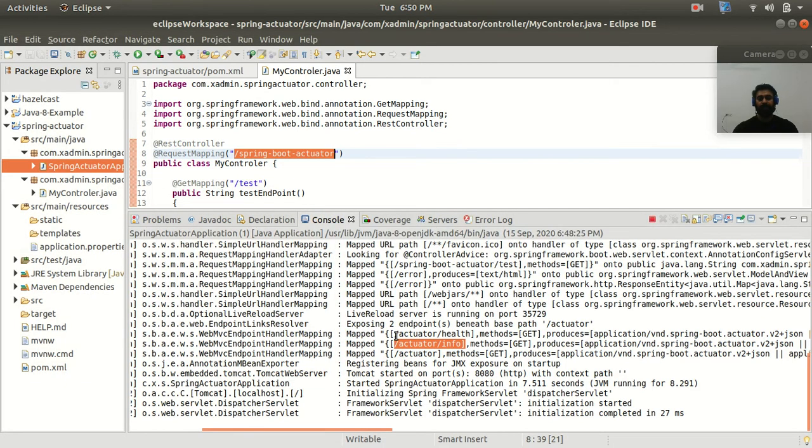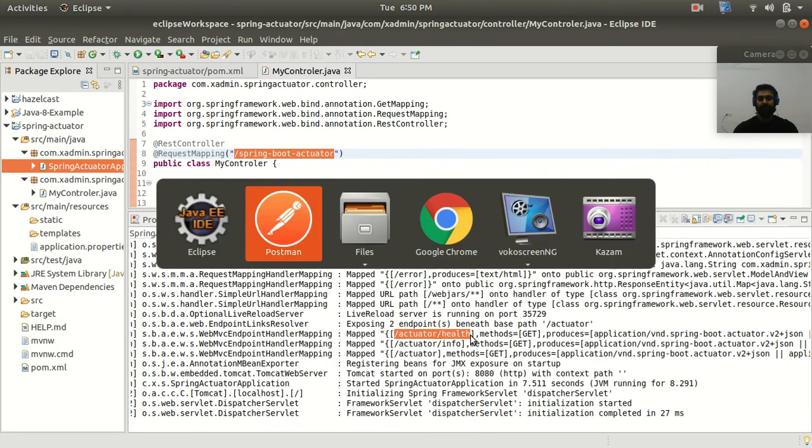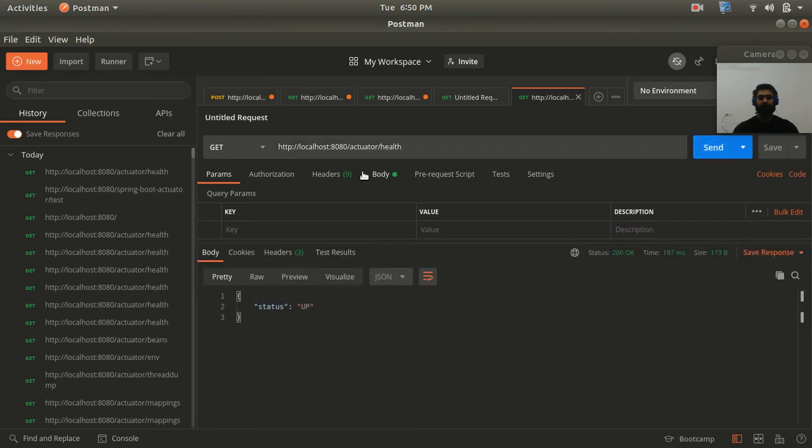Now we are going to check the endpoints provided by the Spring Actuator, and let's see what it does. So copy the endpoint, go to the Postman, and here we can paste it and then hit the send button. So guys, the endpoint is actuator slash health. Here it is providing the status is UP. It means that our application status is up and our application is working fine. So guys, actuator slash health actually gives us the information of the status of our application.